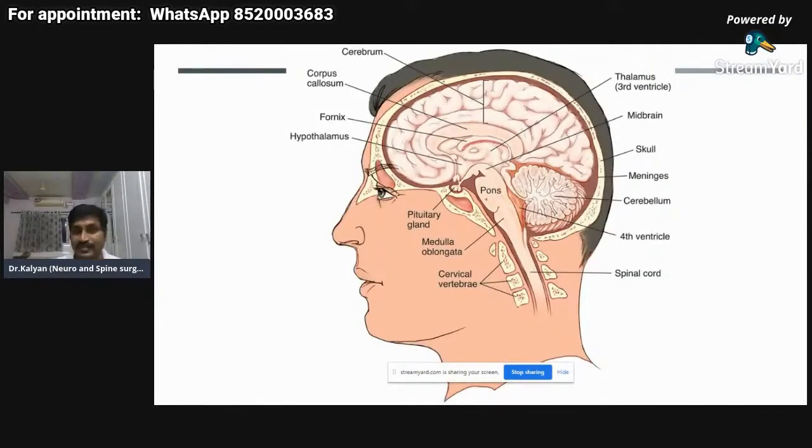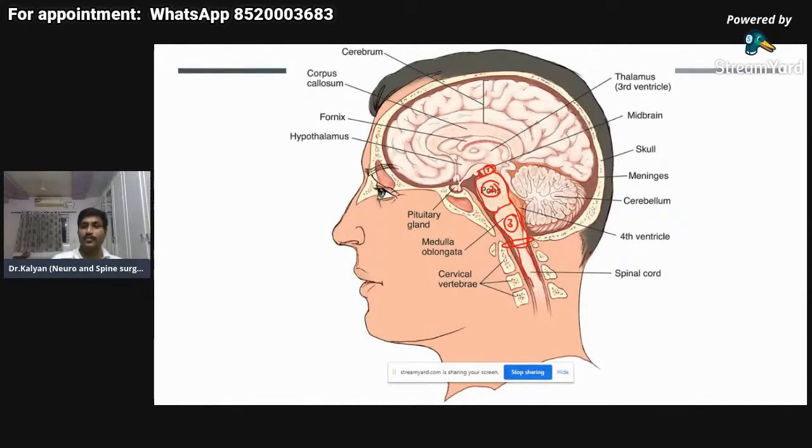We have seen in the last seminar that there are three parts of the brainstem. So what are the three parts? This part is the midbrain. This part is the pons. This is the pontine belly, and this is the pons. And this one is the medulla oblongata. So there are three parts of the brainstem: one midbrain, two pons, three medulla oblongata. This continues down. This is the foramen magnum, which is the opening in the base of the skull. Through the foramen magnum, the brainstem continues as the spinal cord.